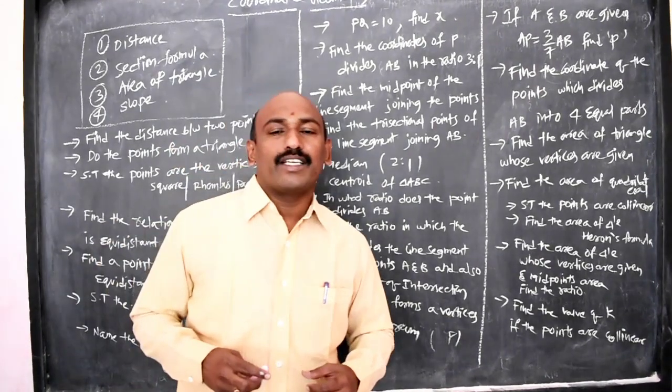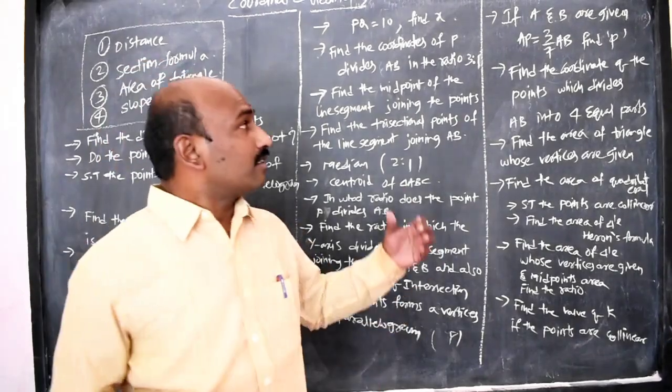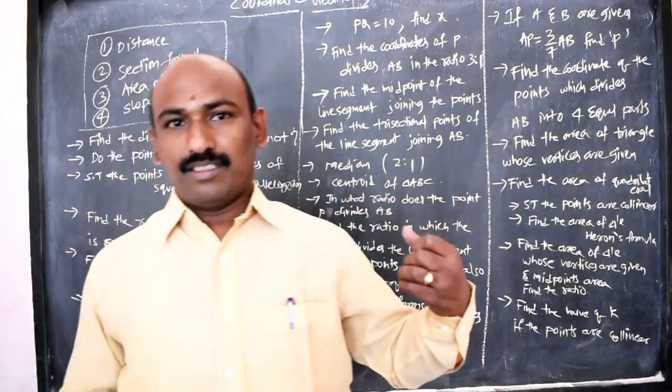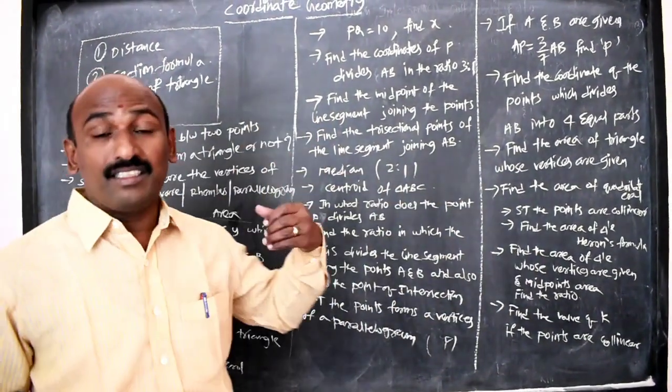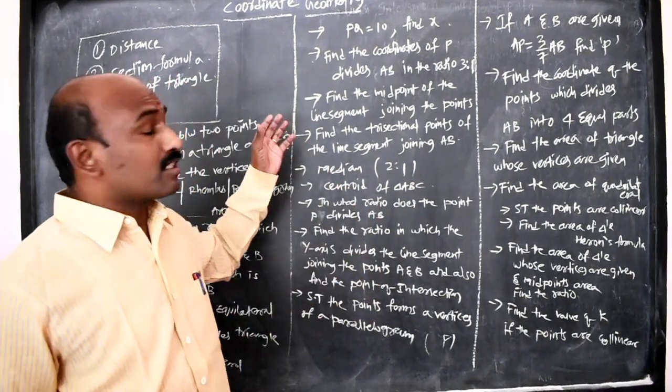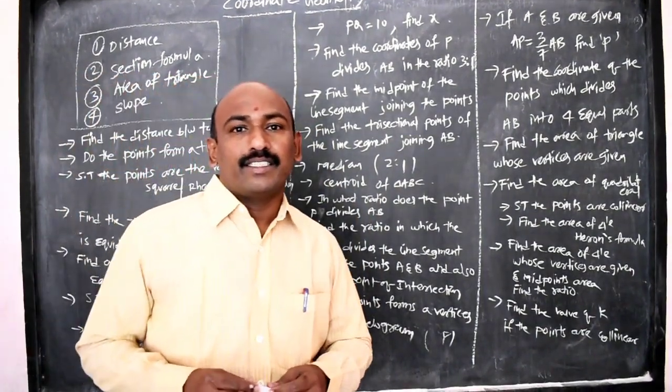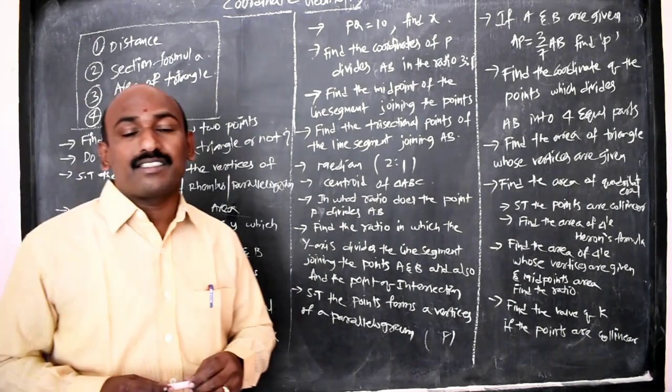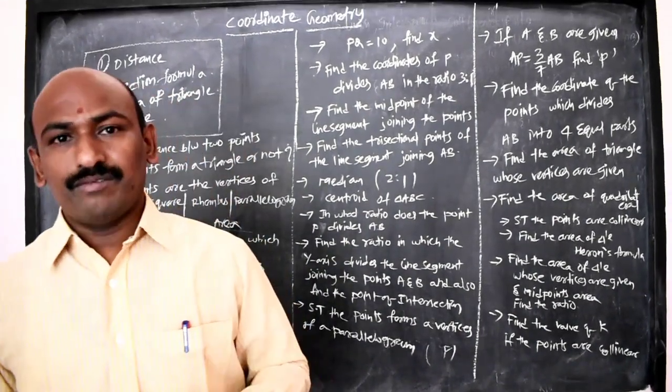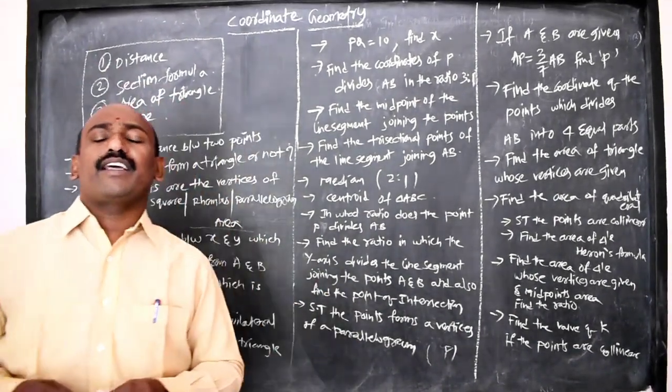Good morning, children. Today we are going to discuss nearly 3 or 4 chapters. First of all, I will discuss this in this revision class. I will try to explain coordinate geometry. First of all, coordinate geometry is nothing but a Cartesian coordinate system. We already studied it in the 9th class.